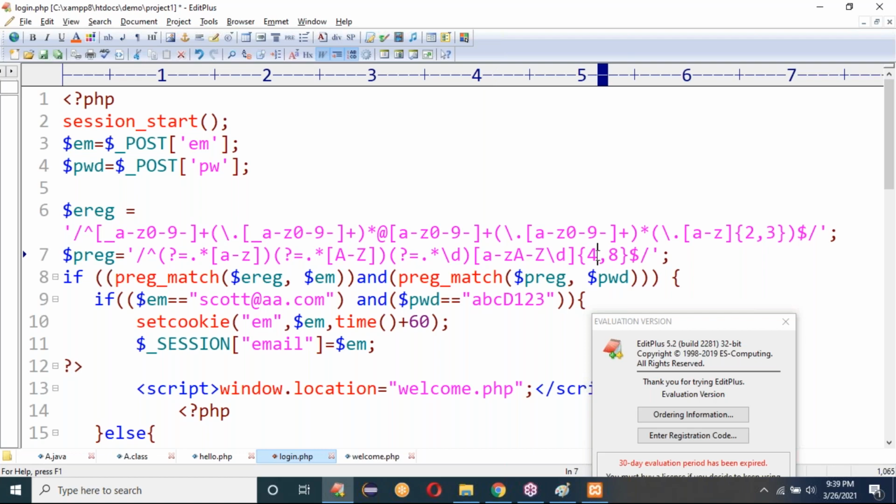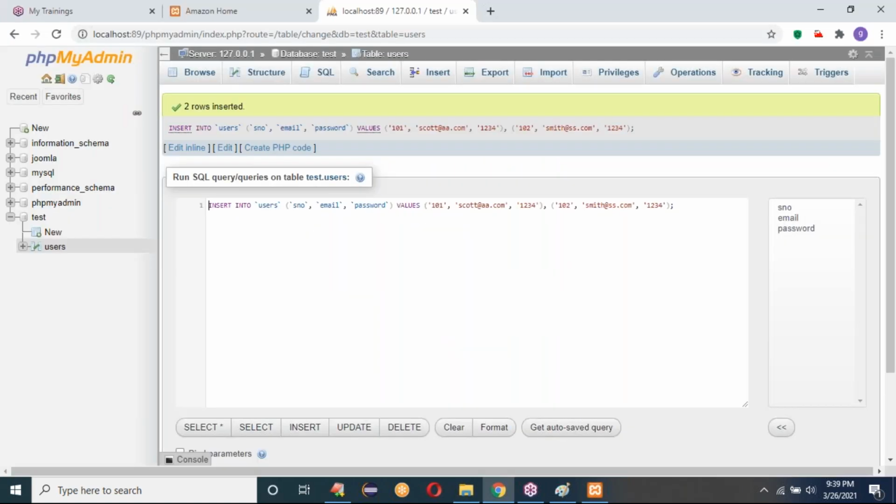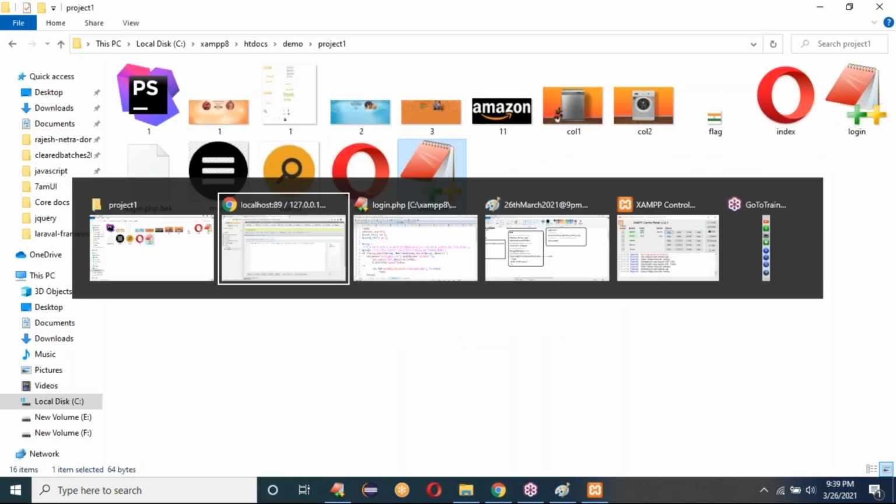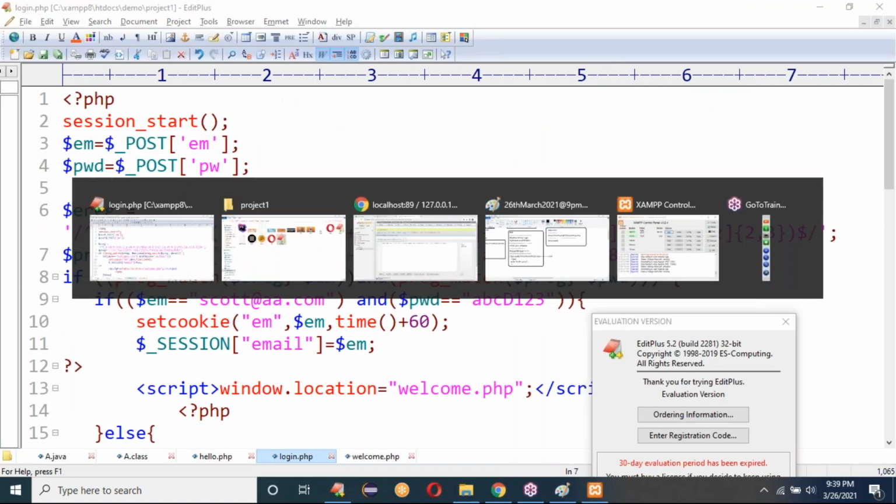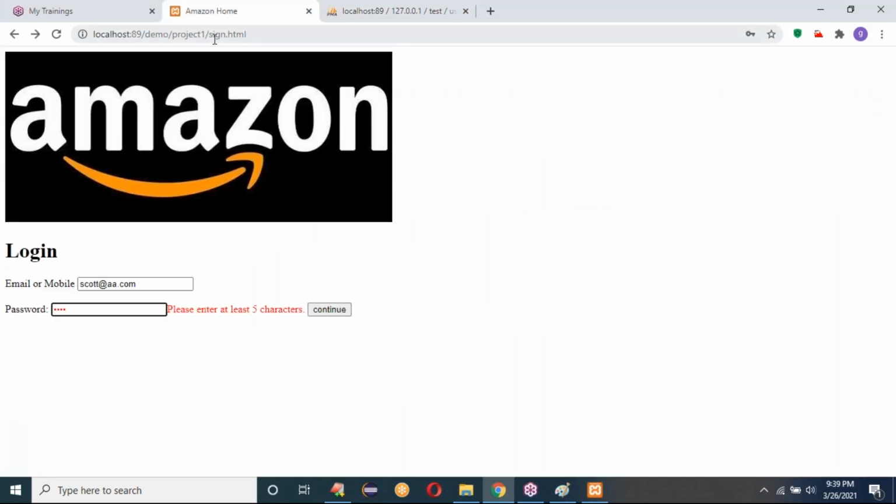I'll make it as 4 characters. 4 characters length for the password regular expression. This time it won't ask anything. So it will allow to login. Here at home page, just refresh. Here I entered my username is scott@aa.com. Here I'll enter here 1234. Just click on continue.